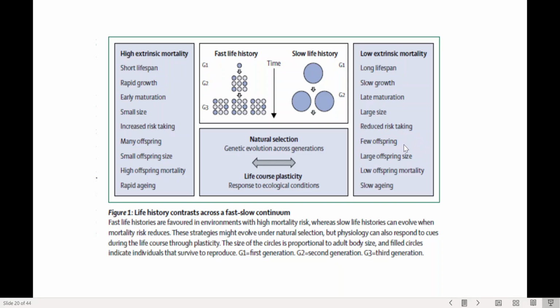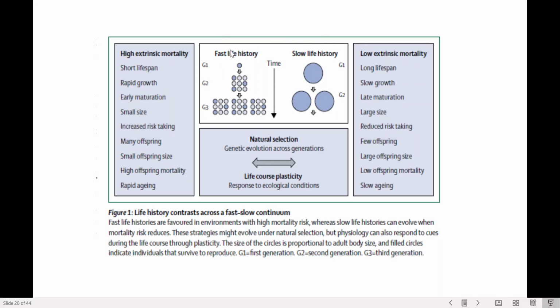Individuals invest in their offspring more, so you have fewer offspring, and you make sure that you put all your resources into your offspring to increase their chances to reach maturity. Offspring, so kids, are typically slightly larger, there is lower mortality overall, and there's also slower aging overall. And so what we have here is, over generations, relatively few children, larger body sizes, later maturation, and fewer individuals overall, right?